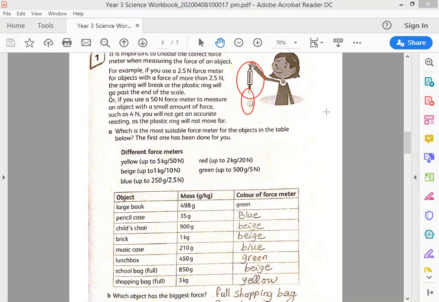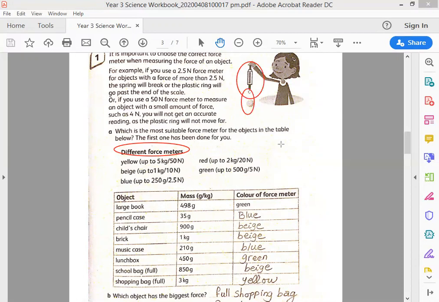Because my force meter is going to break down. And I can't use a very large force meter for a little object because I'm going to take an inaccurate result because the spring will not move freely. Okay? In this question A, he gives you some force meters and asks you to sort them, which is better